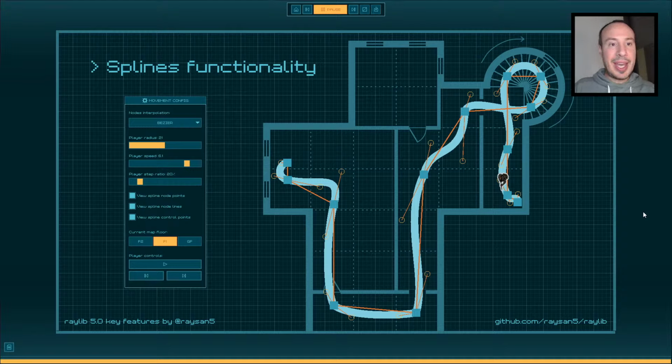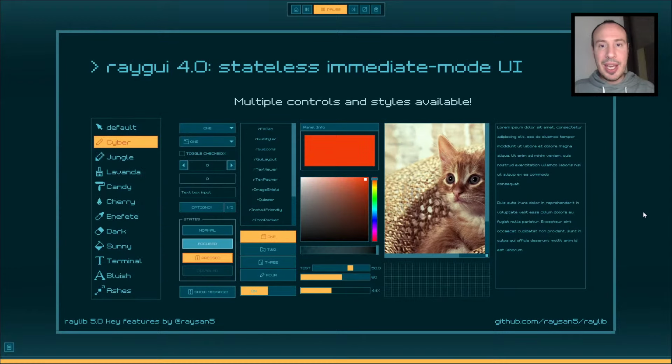So, actually, next. Well, the next big improvement actually is not from Raylib 5.0, but it's quite aligned because it was released a couple of months ago. It's the Raylib